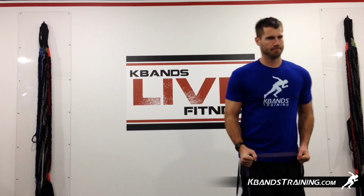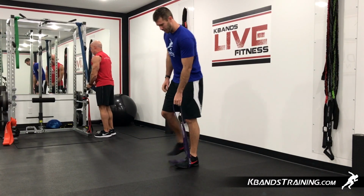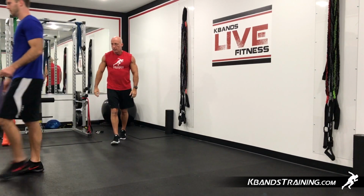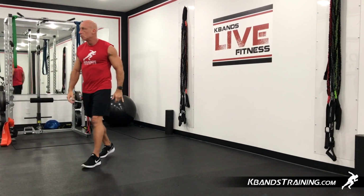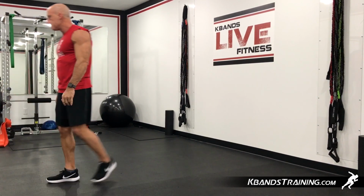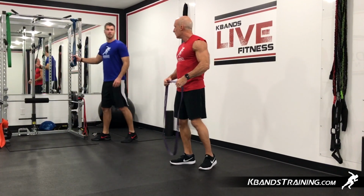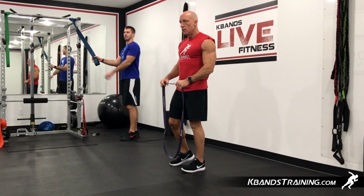Pause the video if you need to so you can get things set up for yourself at home. But if you're ready to rock, let's jump right into it. Bicep curls. Now you're going to be standing on the middle of the ballistic band doing a hammer-based curl. And then the tricep push down, you're going to have a heavier ballistic band. We've got the thick blue one where we'll be standing up tall and doing a tricep extension down, driving our